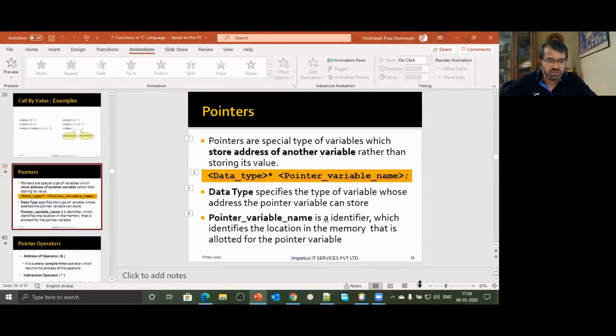So today we'll start with a very important topic called pointers. Do not feel that this is a diversion from the existing topic. This is just to understand the existing topic in a much better way. So let's start with a very short introduction to the concept of pointers.